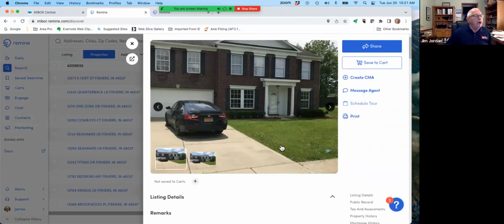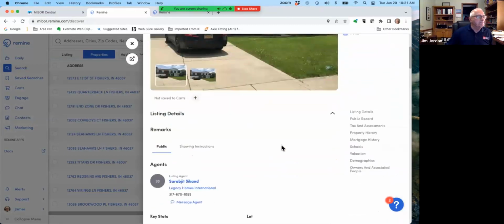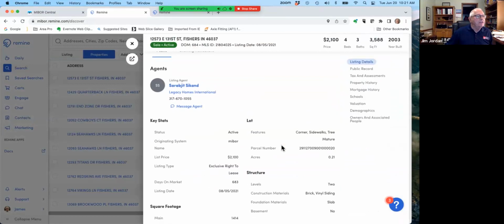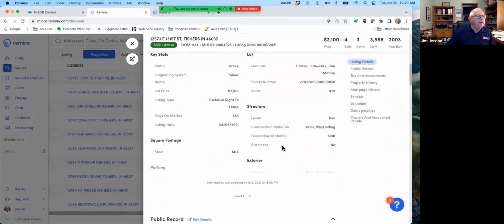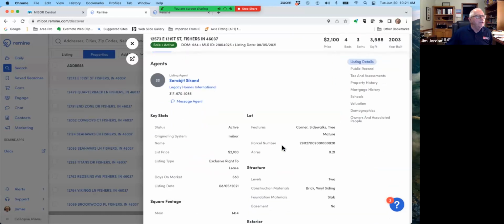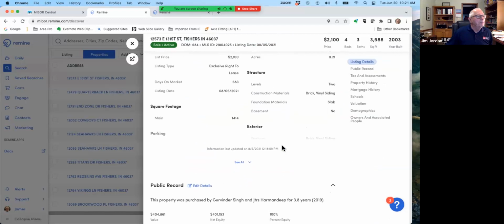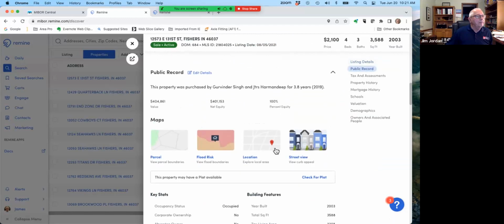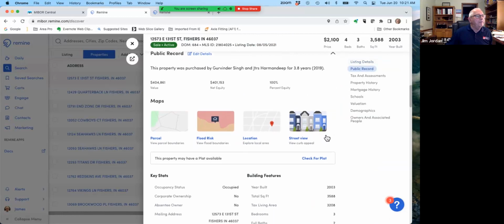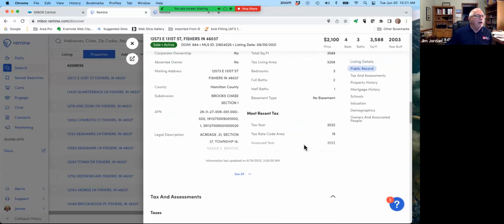Now, if you click on any property, it pulls up the property information for that property. So you can see a picture of the house, you can see information about the listing, and what the listing type was, if it was ever listed. It's also got public record information in here, parcel maps, flood risk, location, street view, and et cetera, and key stats about the house,